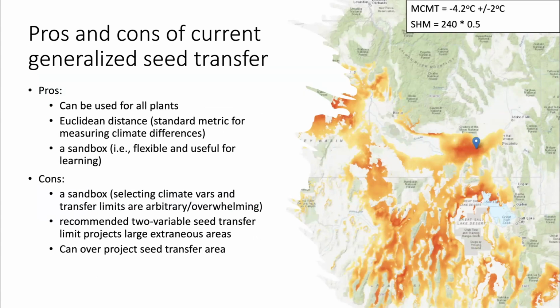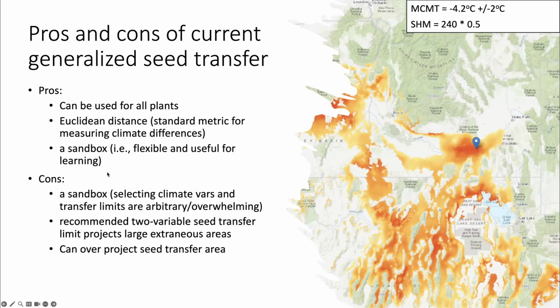So again, pros and cons of generalized seed transfer. The pros is they can be used for all plants, and they use, in this case, Euclidean distance to measure these differences in climate. Our current seed transfer tool, Climate Smart Restoration tool, uses an approach where you select the climate variables that you'd like to use, and we recommend these 2 variables that I have up here: mean coldest month temperature, with a transfer limit of plus or minus 2 degrees C, and summer heat moisture index times a half, and that gives you a pretty good idea of